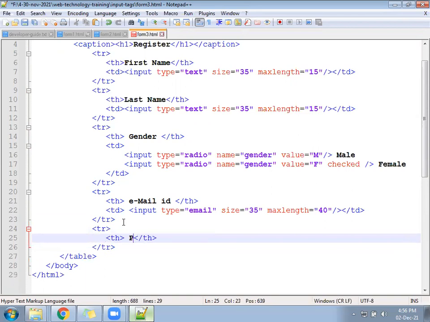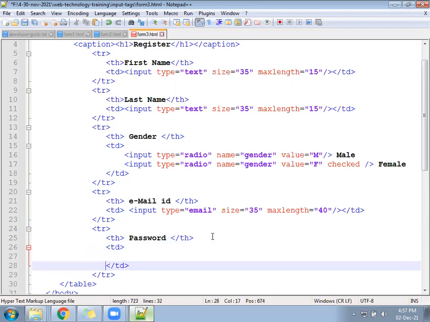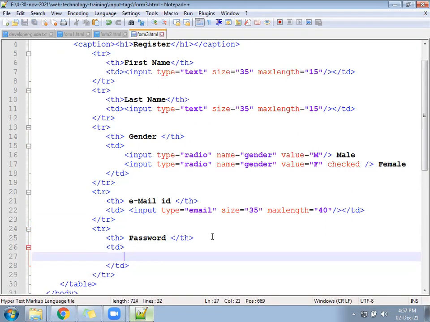Keep it inside as password. Write a TD. Under the TD, you have to create two text boxes, one after the other. One will be in the first line, second will be in the next line. Suppose I will use a division tag here, or any other tag, or you can write directly also.